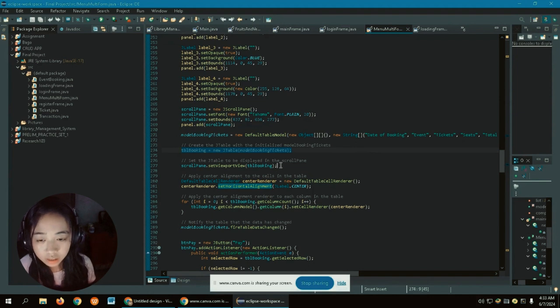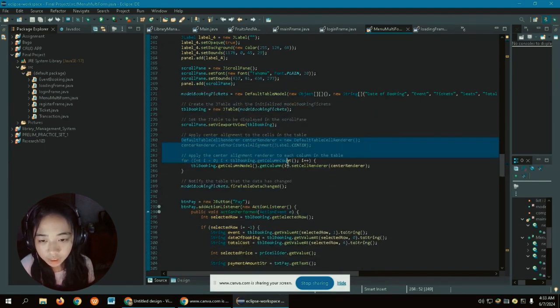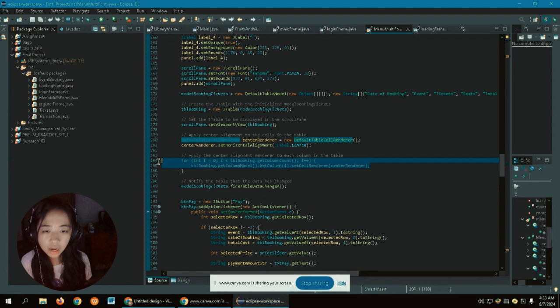Next here is the scroll pane of the set reports. It sets the table to be displayed in the scroll pane. Then this right here applies the centered alignment to the cells in the table. And then this right here applies the center alignment renderer to each column in the table.